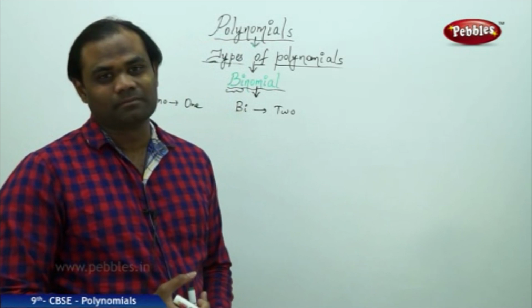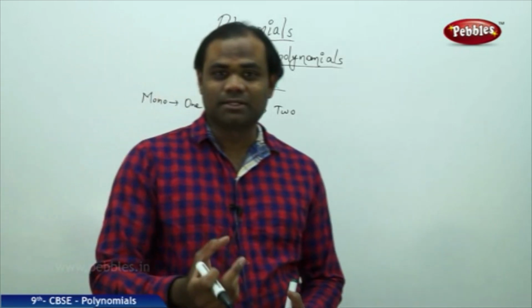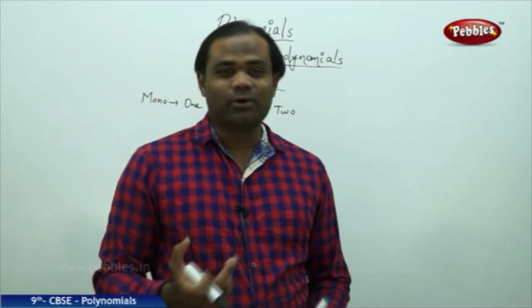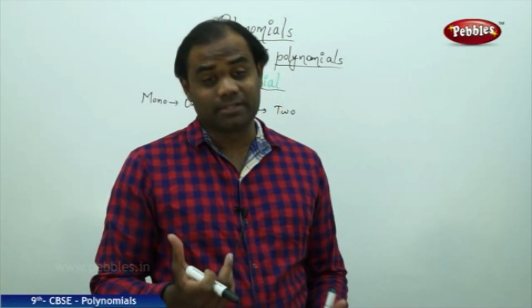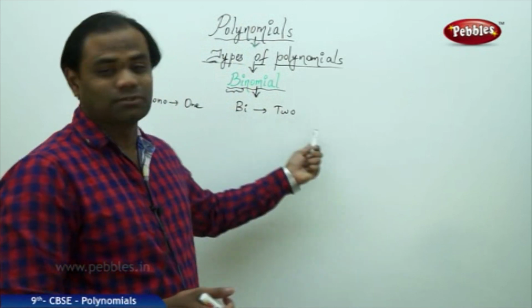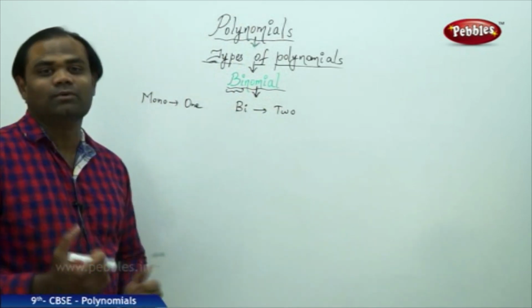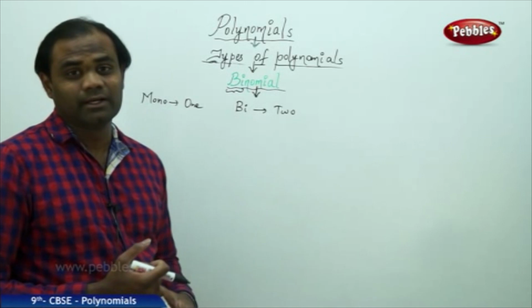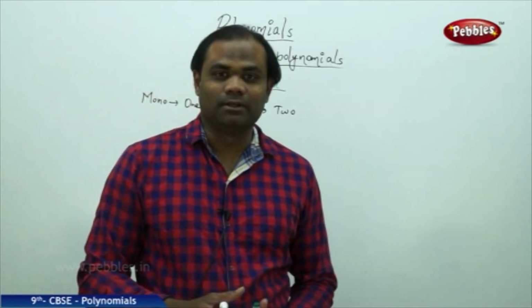It's very simple that a polynomial which has one term is a monomial, and a polynomial which has two terms in its expression is called a binomial. Bi refers to 2 and mono refers to 1 is how we understand the definition of a binomial in the